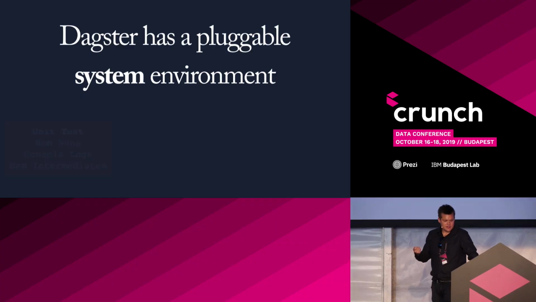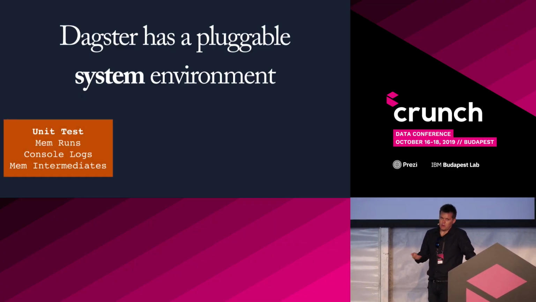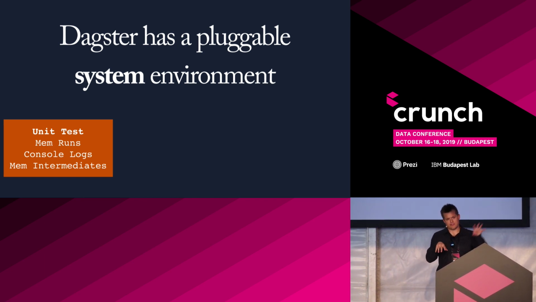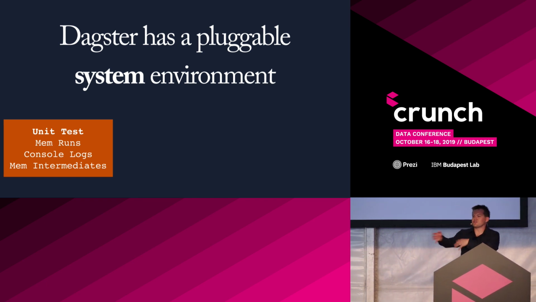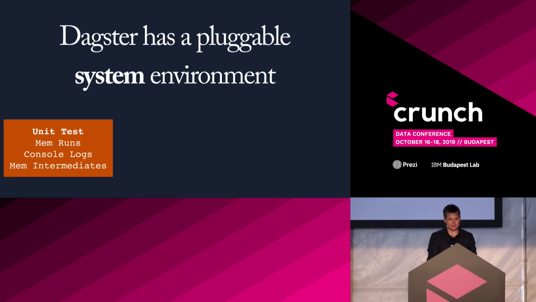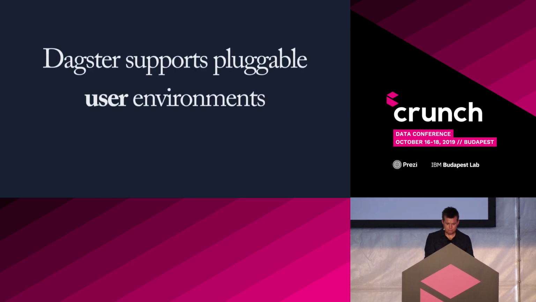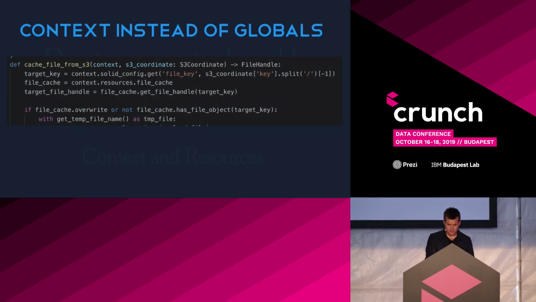Another thing that I mentioned, which I'll go through quickly, is that Dagster has this pluggable system environment. Airflow, for example, stores runs in a database, right? So typically you have to have a database running locally or server-side in order to encode that. Well, we have a much more pluggable system environment. In different contexts, the different subsystems, whether it's the run store, our logging system, or where we store our intermediates, happen in different spots. And this has been very deliberate in order to make this system pluggable. I'm going to skip the pluggable user environments for a second.